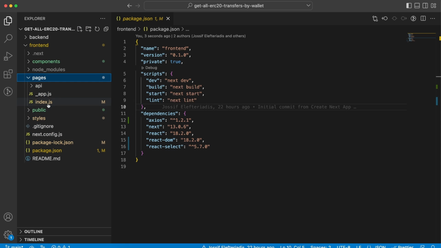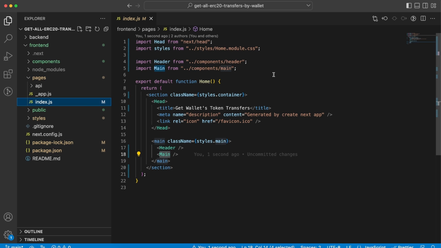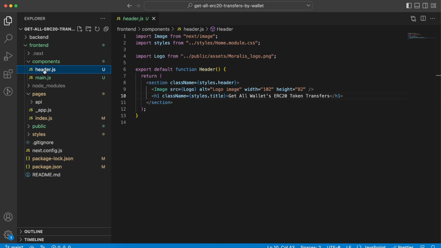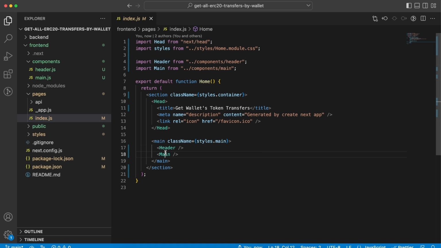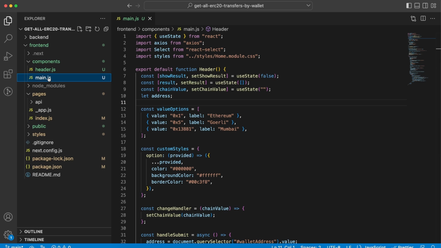Now, in our index.js, because that's our home page, in here we're rendering two components, one being the header, and if we go to that one, we can see that it's the logo on the top left corner, and then the title. The second component we're rendering is main, so let's jump straight into that one. And here we can see that we are importing both Axios and React Select,